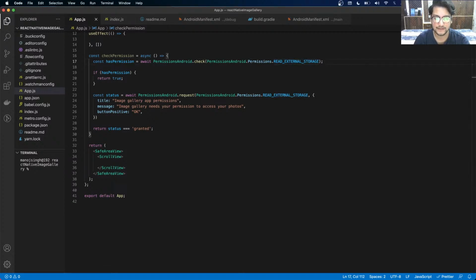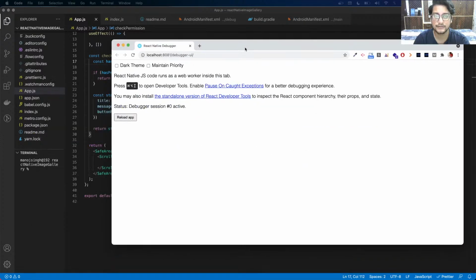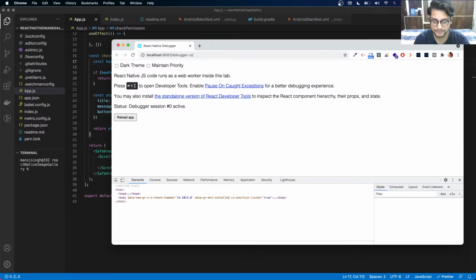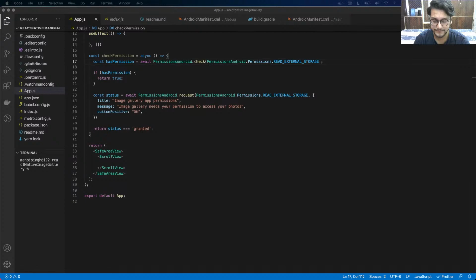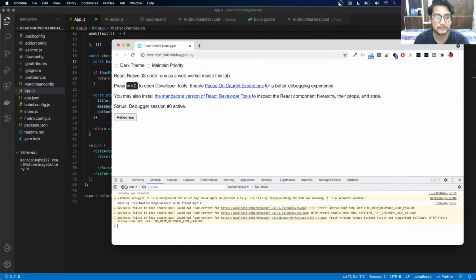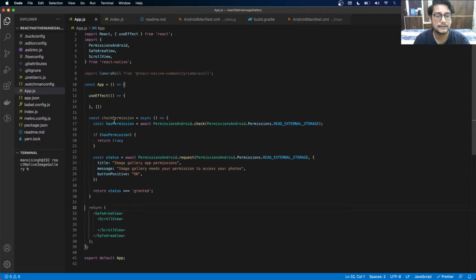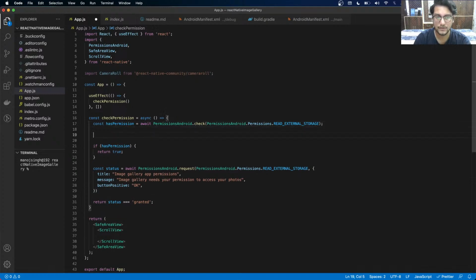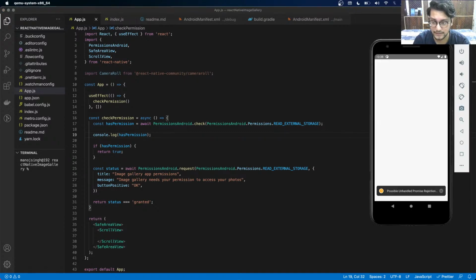So I also have the debugger on, so it is basically opened here, you can see. So this is where we are going to check the console. Let's go here, console that, and first and foremost, let's call the check permission function here, and then let's console if we have the permission. Okay, so if we have the permission, if we're going to go inside the